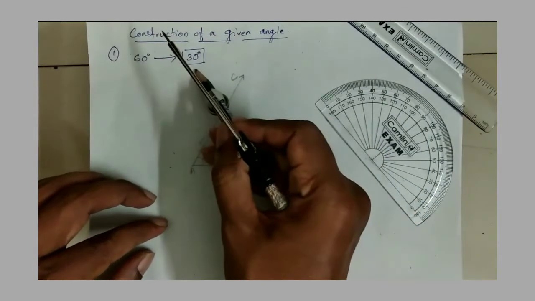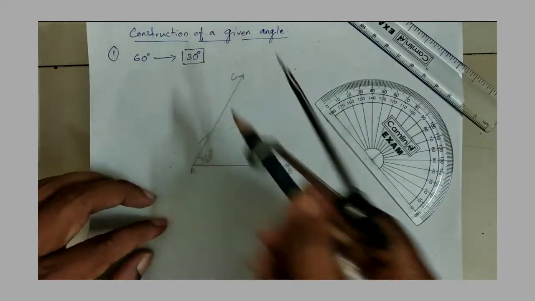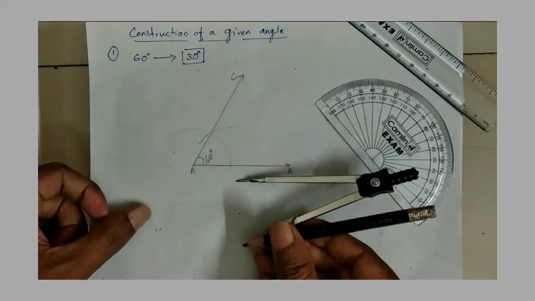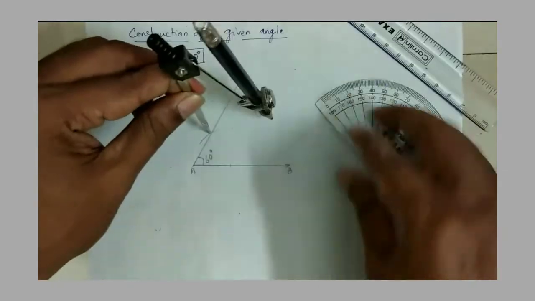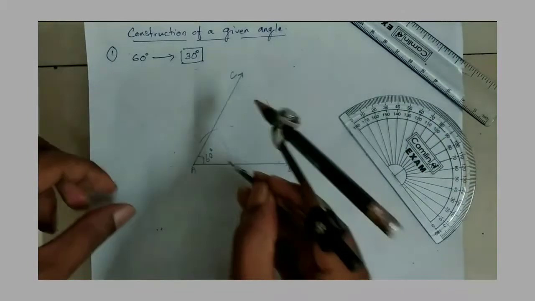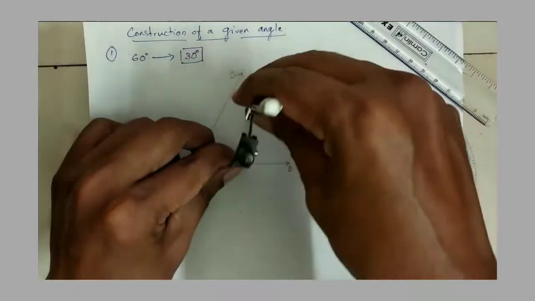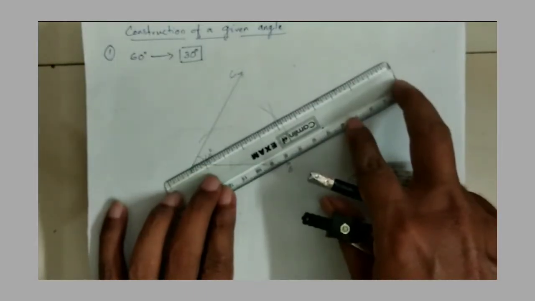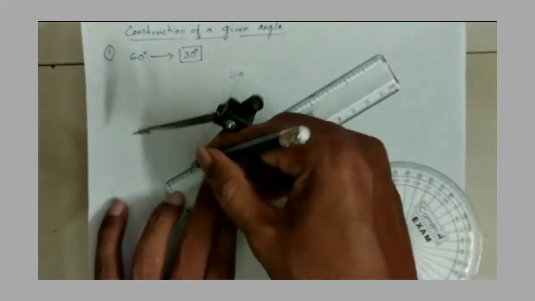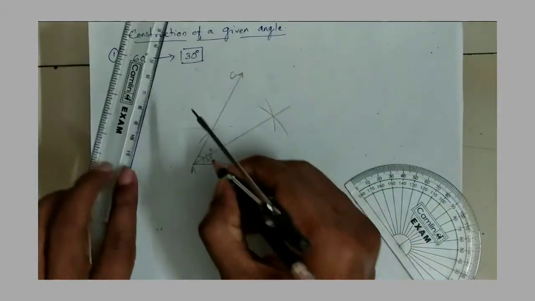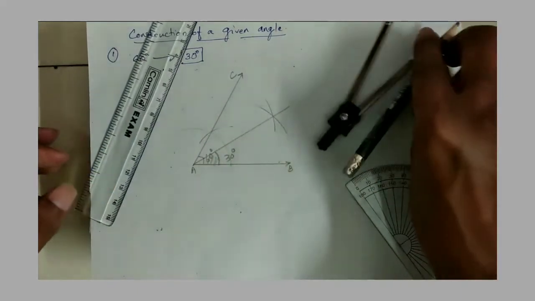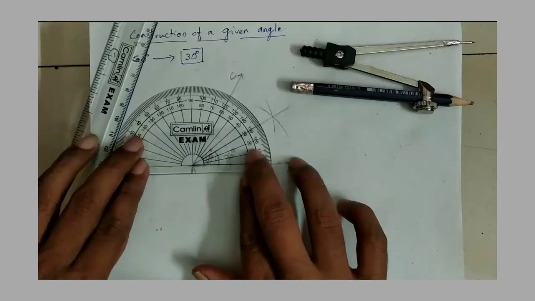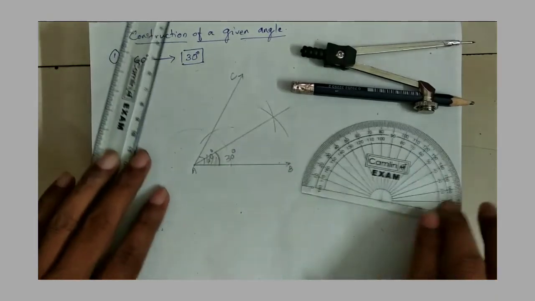The next one, 30 degree, that is half of 60 degree, bisector of 60 degree. So already you know how to draw 60 degree. And take your compass, extend your compass and put your compass on that point, draw an arc and put your compass on that point, again cut the previous arc, join to A, that is bisector of 60 degree. So you will get 30 degree. One angle is 30, then another angle also 30 degree. By using protractor you can understand that angle is 30 degree.